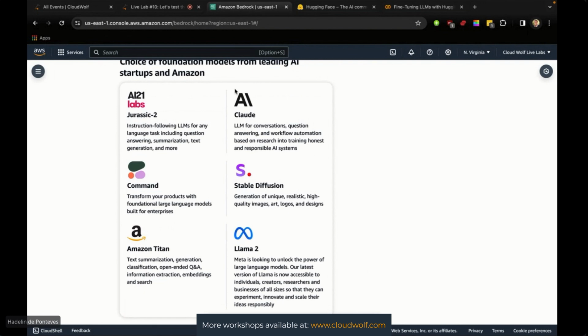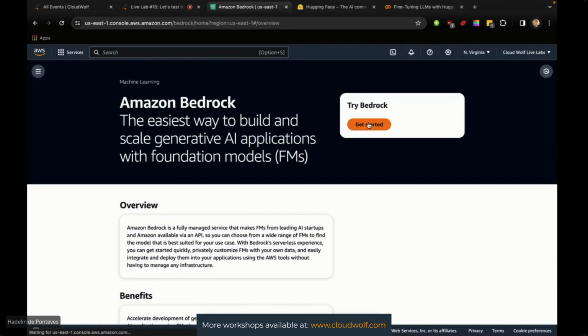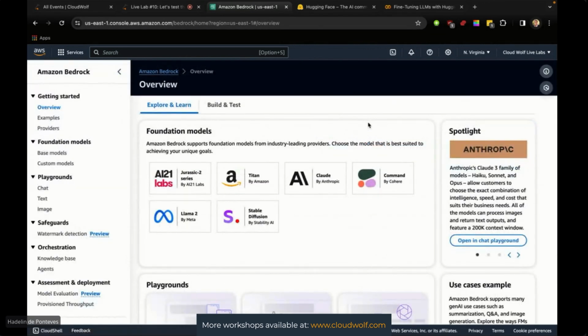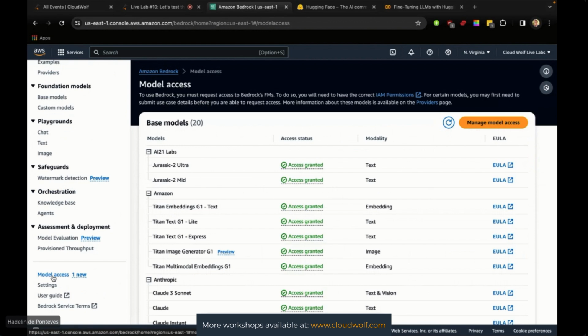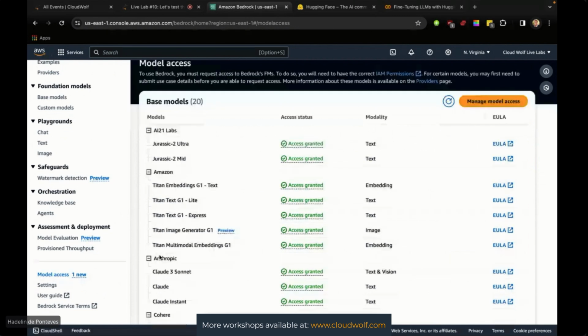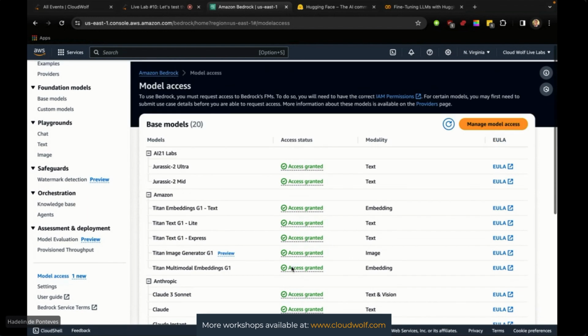And today we're going to test the brand new LLM by Anthropic, which is Claude 3. But more specifically, it is Claude 3 Sonnet. All right, so let's do this. Let's go back up and click Get Started. On the left-hand panel, the first thing we're going to do is scroll down and click Model Access, because I want to make sure that you all have access to the new Claude 3 Sonnet LLM by Anthropic. Me, I already asked for access, so I already have it,